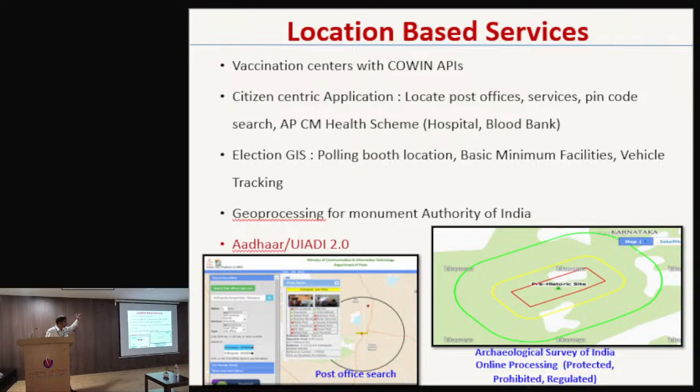Again, for each and every application I am talking about, there is another back-end application for the decision makers, for the administrators. There, this is another interesting geospatial processing I want to highlight. There is something called gap area analysis. So what is that gap area analysis? I know all the Aadhaar Seva Kendras in the country, and there is a set of rules: you should not have to go more than this much distance to avail that facility. So now what I want to know is